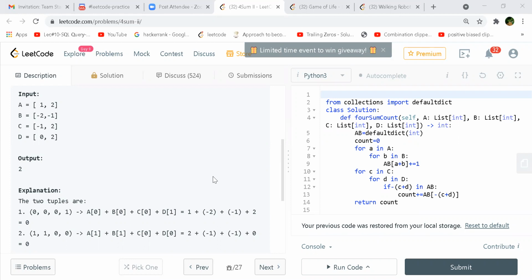And if the arrays were of different sizes, it would be n into m into k into j, something like that. We still would have to go through all four arrays, because the four arrays are fixed, so we can pick from any array.